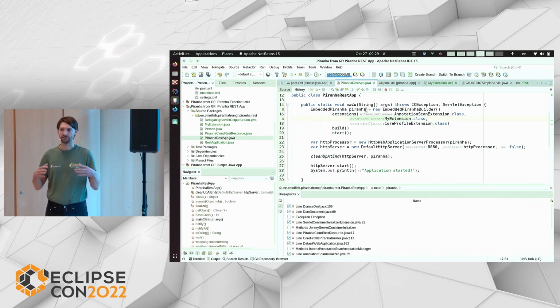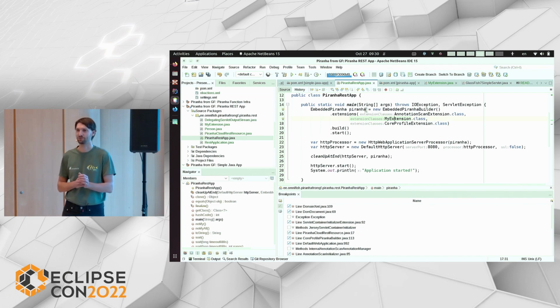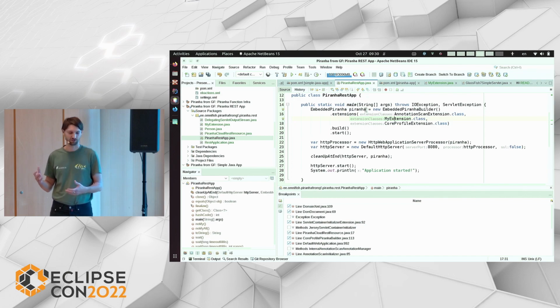Because everything is on a flat class path, the classes can be anywhere, and the annotation scan extension doesn't know all the places on the class path, so it can't scan everything. There is a trick which, for example, Weld uses. It loads a class, detects where it is on the file system, and then tries to find all the other classes on the file system, but it doesn't work if you have, in theory, something loaded from a network, or you use a different class loader.